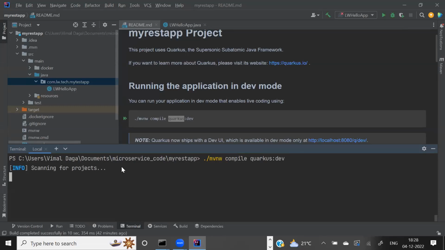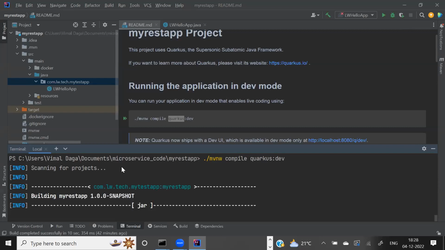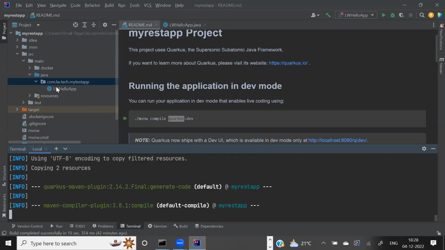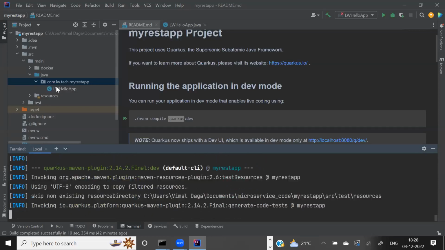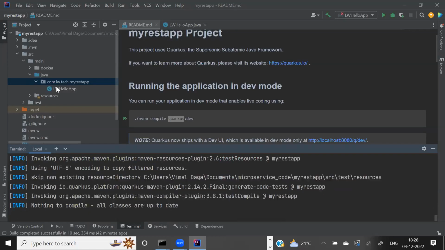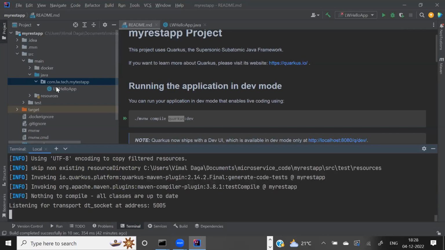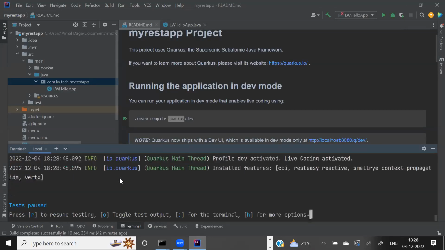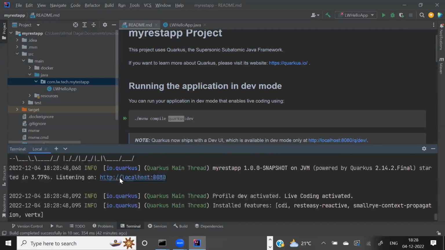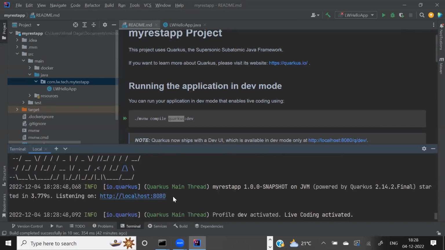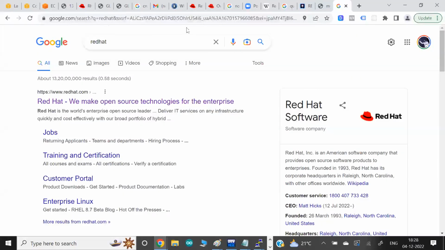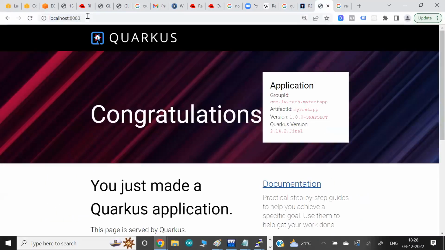So with one command, it compiles all the code. Right now we have one single file, but we may have more files also. It compiles all the code and runs the code. And with the help of Quarkus, it gives the REST API gateway. What are those? We'll see. Okay, so again, your program will start, but this time you will see some extra benefit. Again, same URL, no difference. Same URL, whatever you see here. No difference. Okay, it's exactly the same.